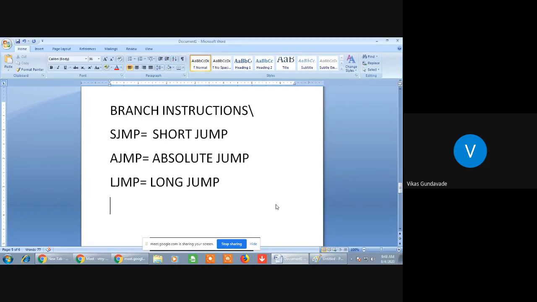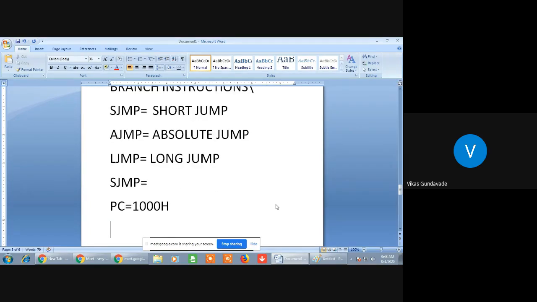Okay. So what will happen after execution of this instruction? Suppose the instruction is SJMP, and before execution the program counter has some address, let's say 1000H. Then after execution of the SJMP instruction, the program counter will get changed.